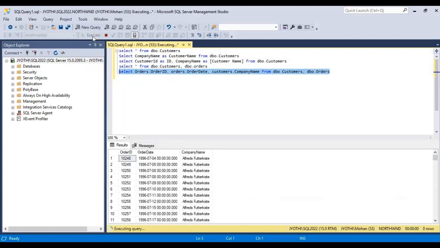So order ID, order date, and company name.